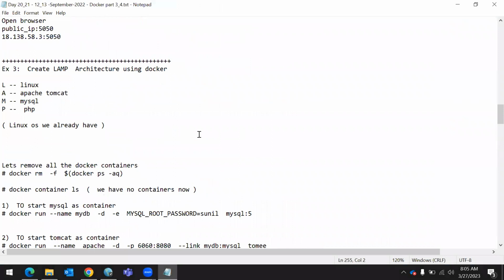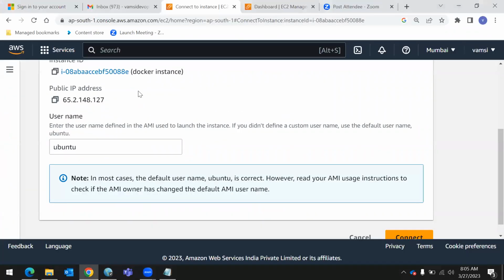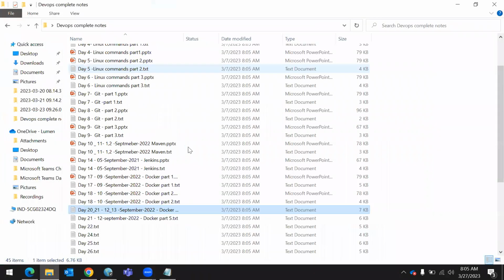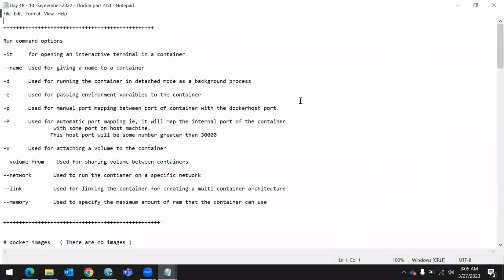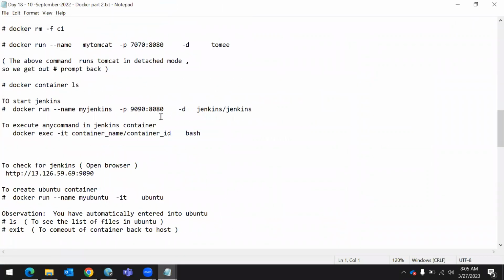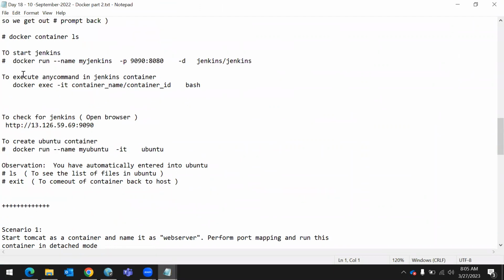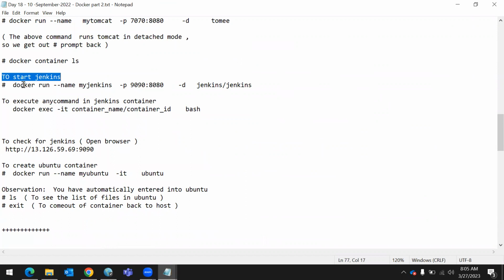So we were discussing Docker in the previous session. Let me show you. We have understood a few commands of Docker in the previous class, right? So you all know the purpose of this command: docker run